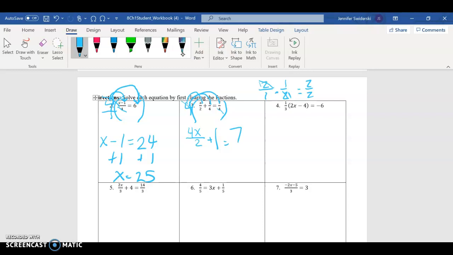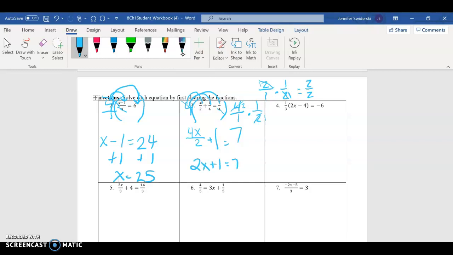Can any of this be simplified further? Yes. Now you might also see back here when I do 4 times x over 2, if I were to give you this problem, 4 over 1 times 1 over 2, could anything be simplified in there? Many of you are probably saying, yeah, I can cross off that 2 and make that a 1, and this 4 could become a 2. Yeah, same thing here. All right, this is going to simplify down. So when I simplify that, we get 2x plus 1,